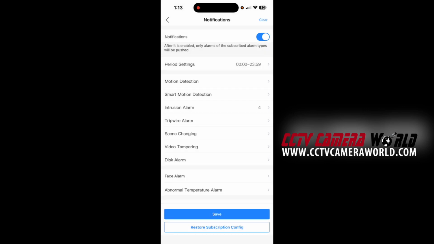I already have mine enabled, so if yours are disabled, click on it and enable it so your slider looks blue with a white circle to the right. You can specify under period settings the duration of the hours each day where you want those notifications coming to your phone. And then you can select the type of notification based on the type of event detection you have